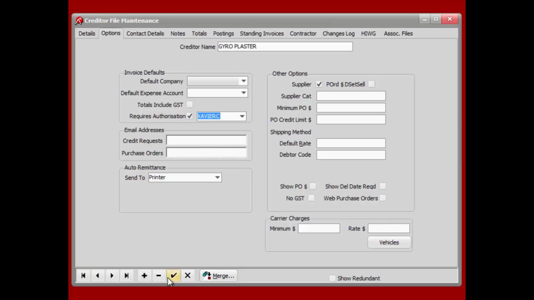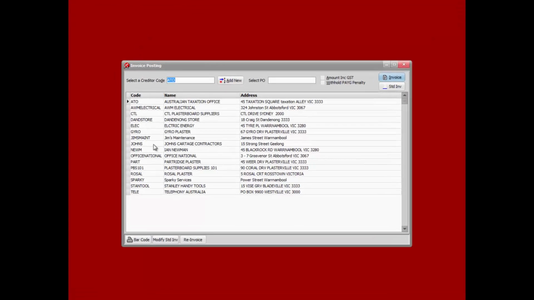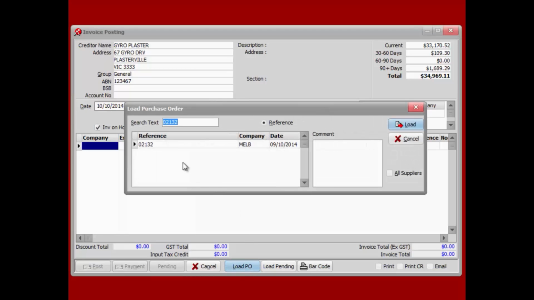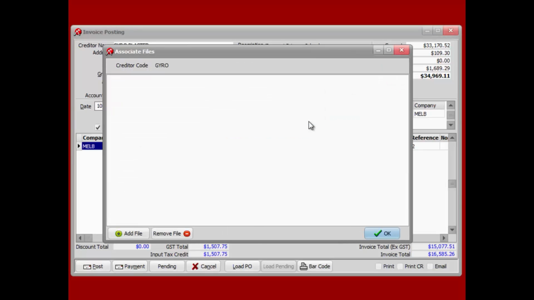Okay. So we've now set up our 3 defaults at both a job, a system and a supplier level. Let's pick up the invoicing screen, one that you'll be familiar with. And we're going to run through, I think, this 4 times. I actually want enough data in the system to go through the approval process on quite a few examples. The first one we do is a job-based purchase order. So we've got a job number here. And therefore, the default approver that's come up for this actual invoice for this supplier is in fact associated with